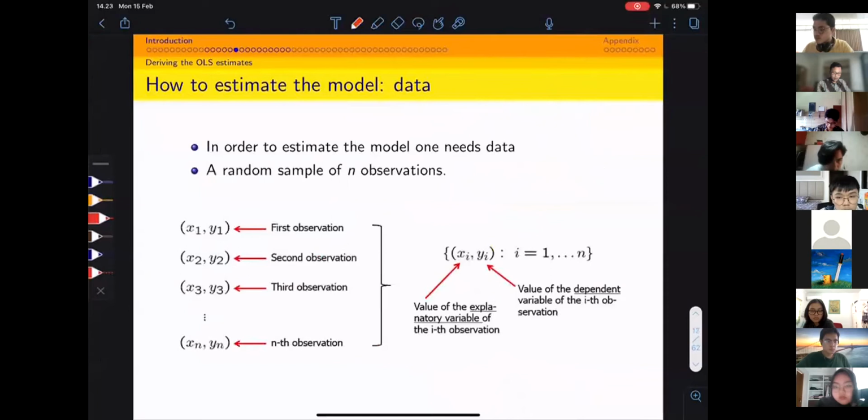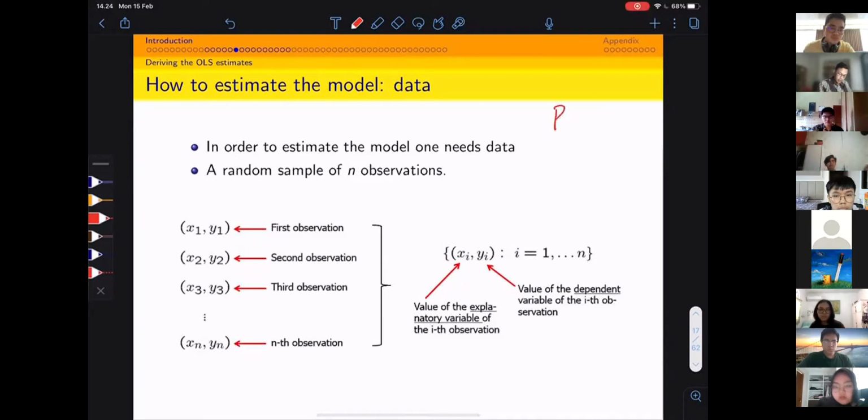All right, so I guess I can continue. The big question is how to estimate the model. Basically, we need data to estimate the model. Okay. Now, another key assumption that we need is that we need a random sample from the